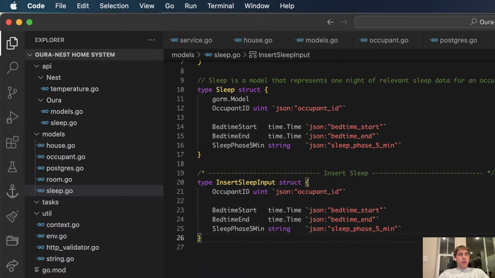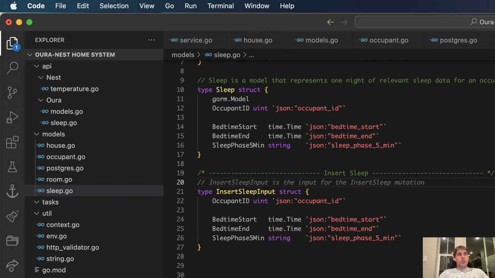Type insert sleep output. I don't need that for now. Let's add our comments so that shows up as documentation.